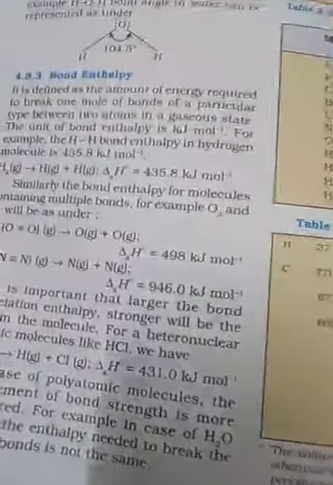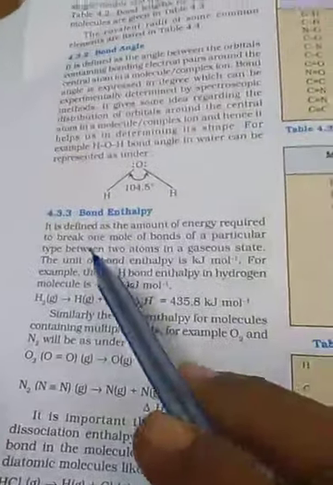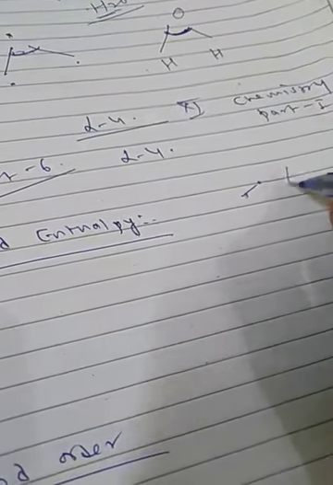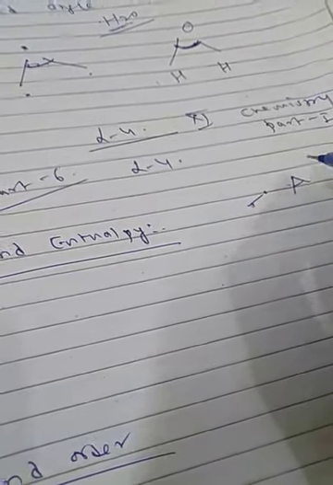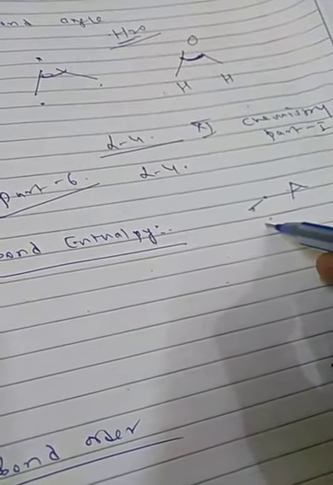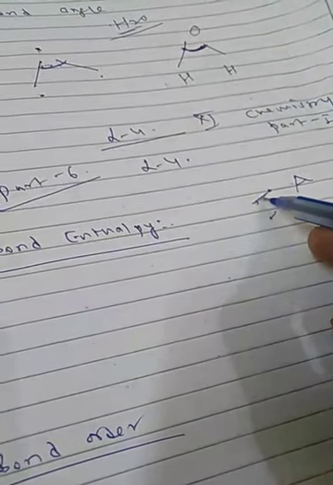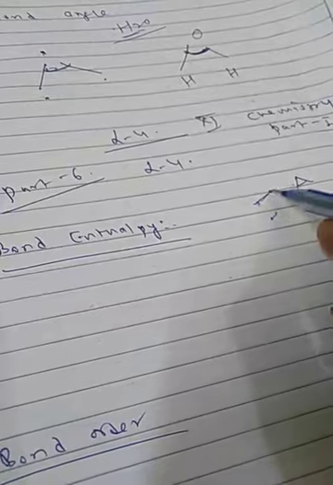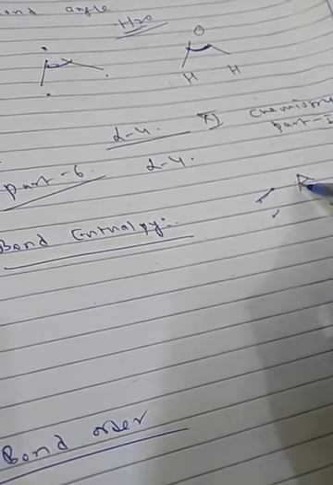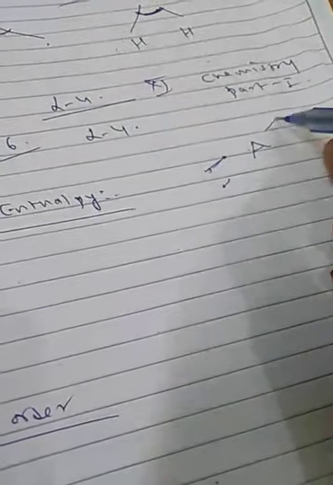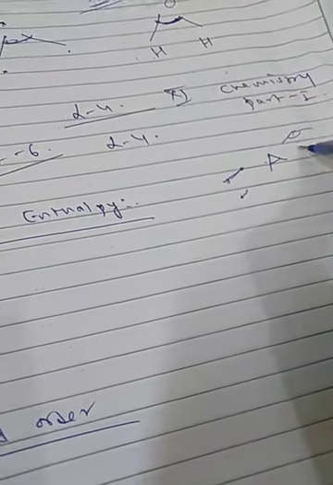Now I am showing you bond enthalpy. This one is bond length and bond angle. See, bond length and bond angle. Okay, length can be short, may be long. They are having the distance far, close, and this is the angle. Maybe the angle like that, more angle like that, they are having angle.